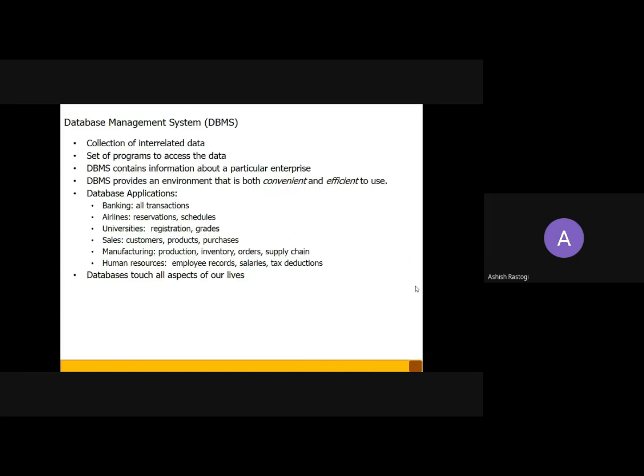So a database management system is a collection of interrelated data. We already discussed that. Second thing, a set of programs to access the data. A set of programs means a software. The definition of software is what? A set of programs. Guys, I hope you know programming languages. So what is a programming language? A set of instructions, right? So a program is what? A set of instructions, and a set of programs is equal to